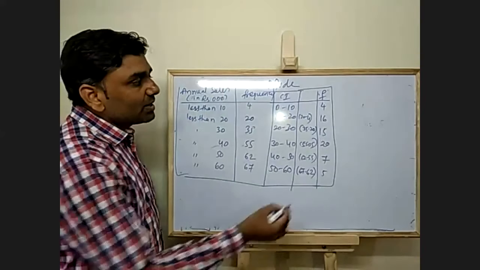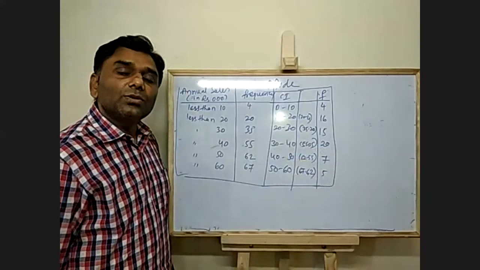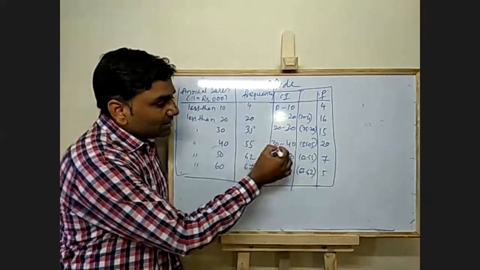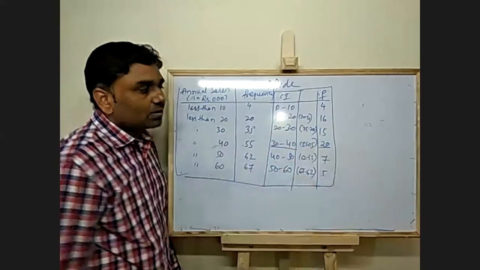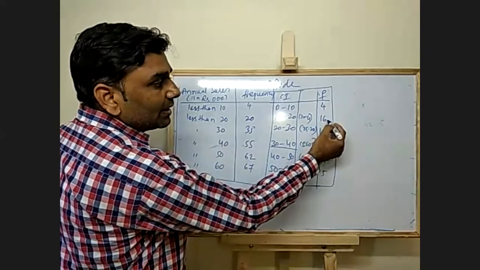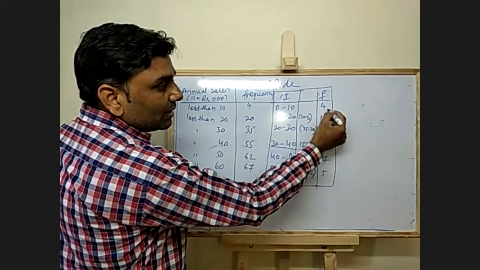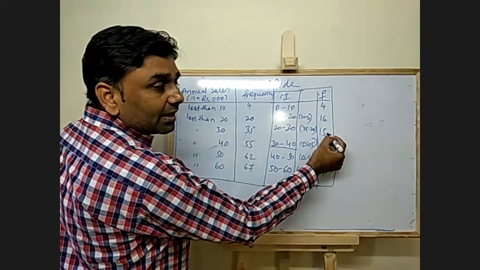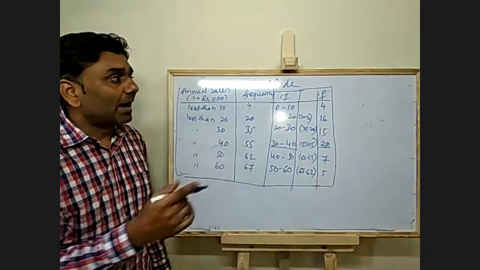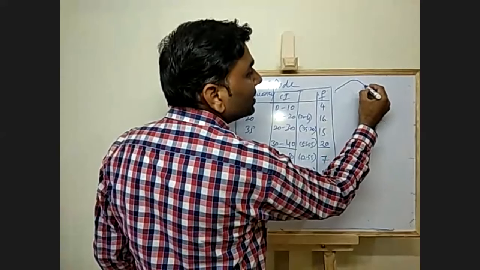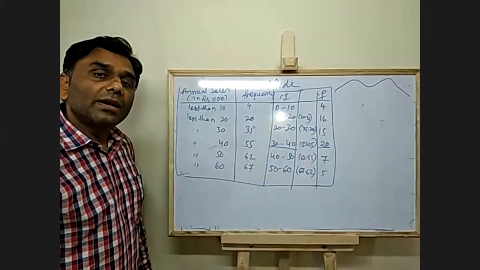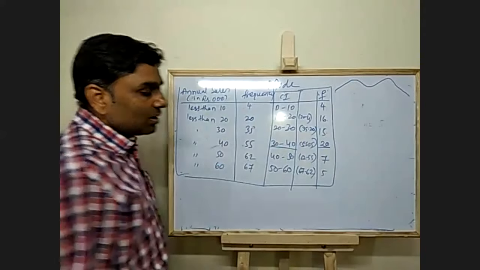Now here you can say 20 is highest. So why don't we calculate using 20 and consider this as the model class, the highest frequency? But see the data, how it is. It has 4, it increased, then it decreased, again increased, decreased and decreased. Irregular pattern. Increased, decreased, increased, decreased and decreased. Right? The data is distributed in an irregular manner.